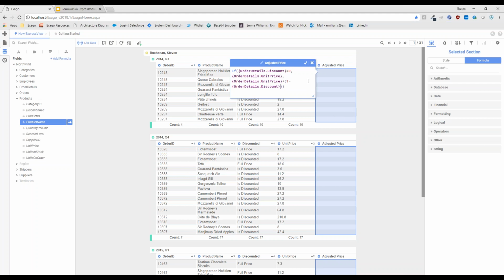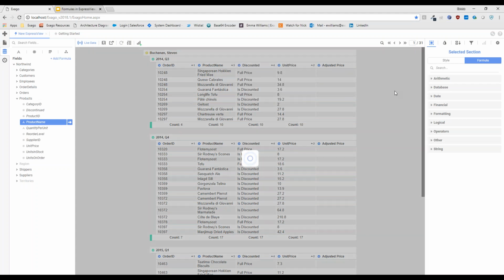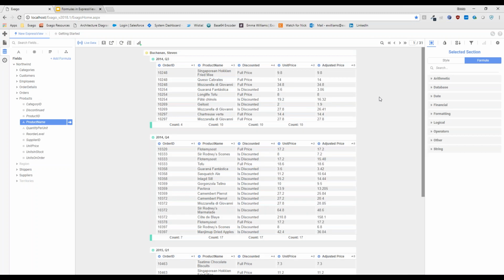So if everybody feels good here, it looks like we still don't have any questions. I think everyone's following along really well. We're going to go ahead and press OK on our formula, and we're going to see that adjusted price display here. Now, quick check for everybody really following along closely, who wants to check my math here. The only adjusted price values that should differ from the unit price values are the ones where this discounted field displays is discounted. This product is discounted. Unit price was 3.6. Now we're looking at an adjusted price that is less than that because the discount was applied.